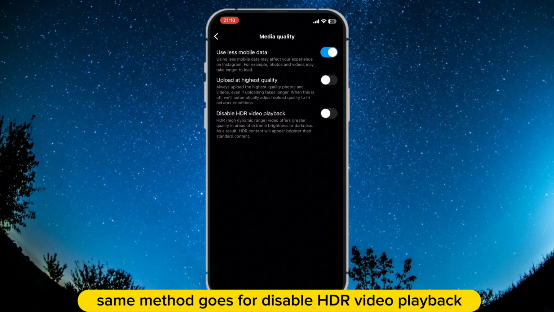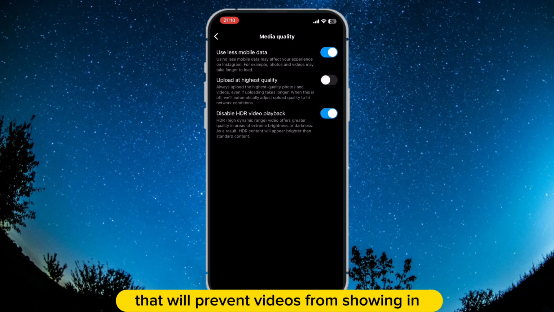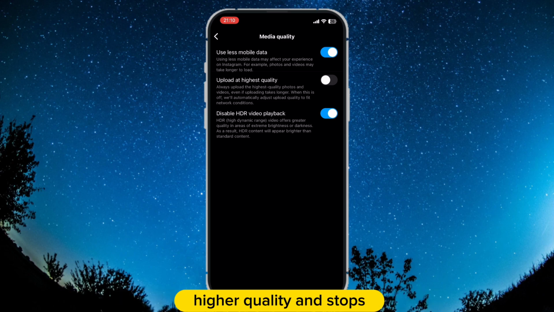The same method goes for Disable HDR video playback, which will prevent videos from showing in higher quality and stops autoplay,